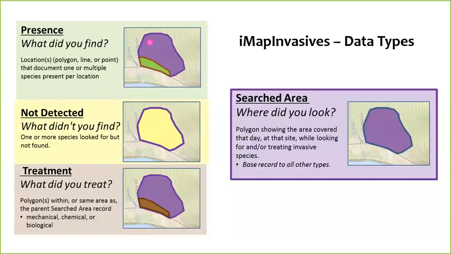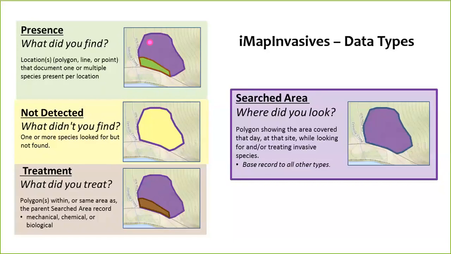And then each of those three record types are tied together with something that we call a searched area. And so the searched area record is created on the back end anytime you create one of those: the presence, not detected, or treatment records. So in many cases, you might not even know that it's being created. And if you're just using the mobile app to input points, you really never even have to think about the